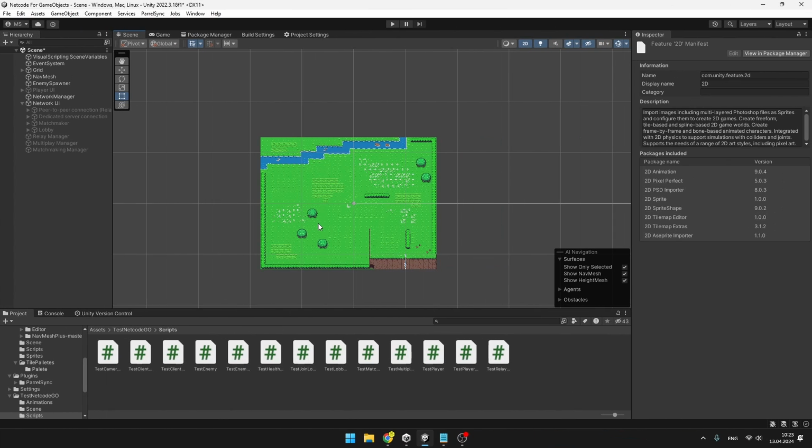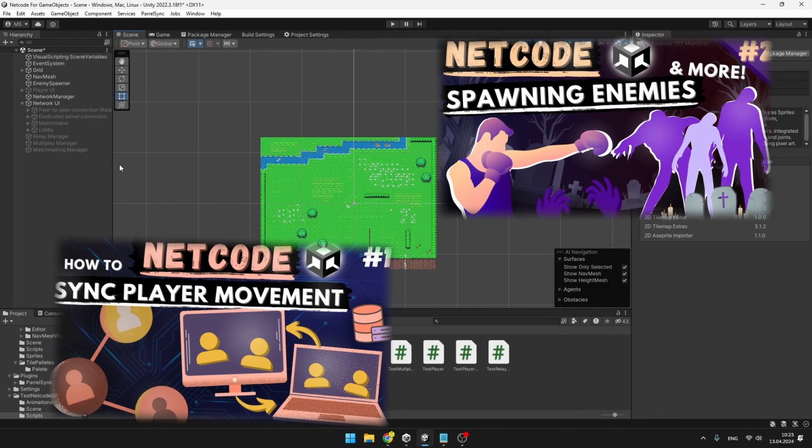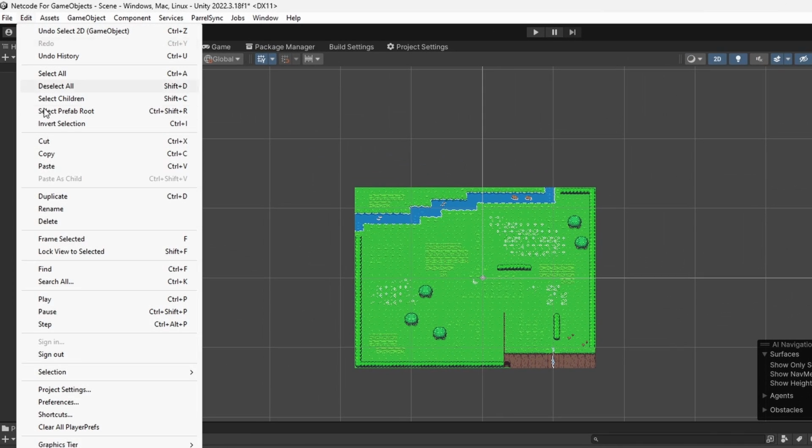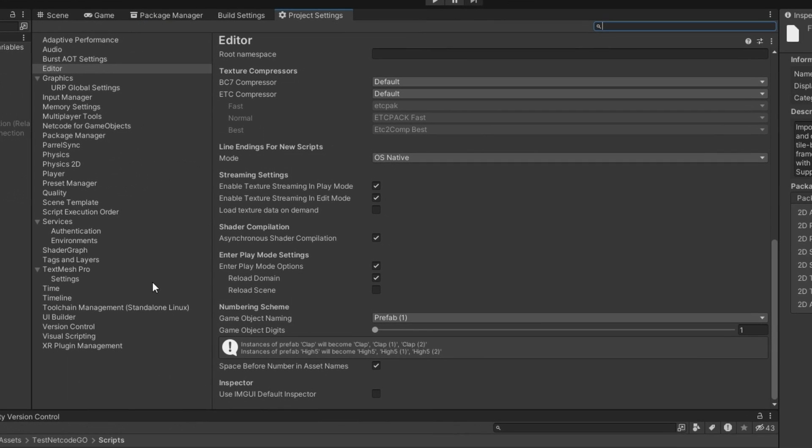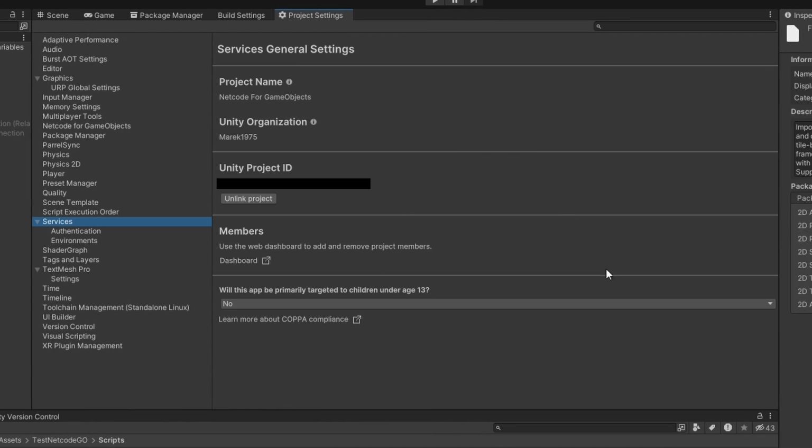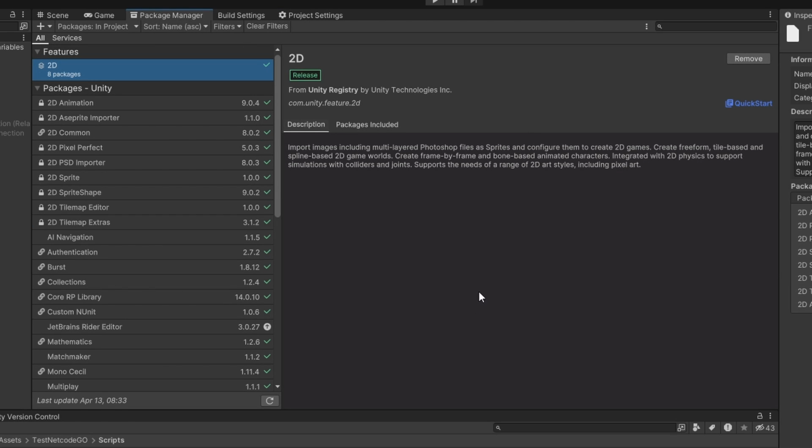I'm again using the project that we created in the Netcode for GameObjects tutorial, and we'll start with the classic project setup. So we need to go to Edit, Project Settings, go to Services, and we need to make sure that our Unity project is connected to a Unity ID. Then we can go to the Package Manager to install the Lobby package, so hit the plus icon and add package by name. And simply write